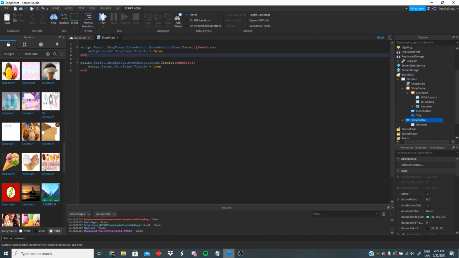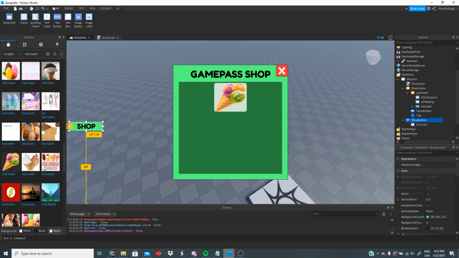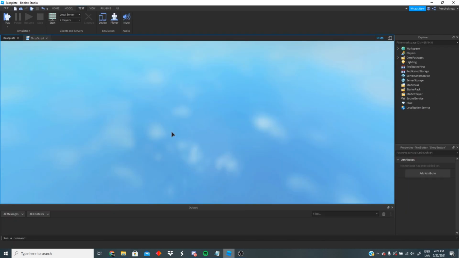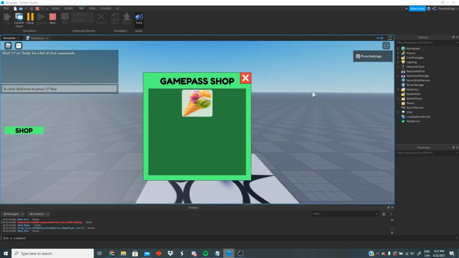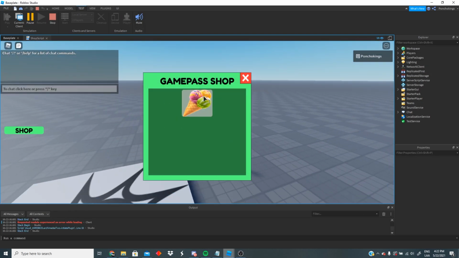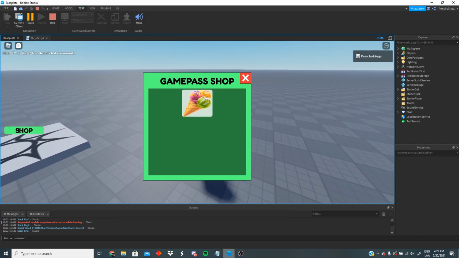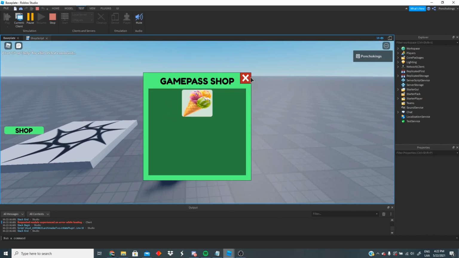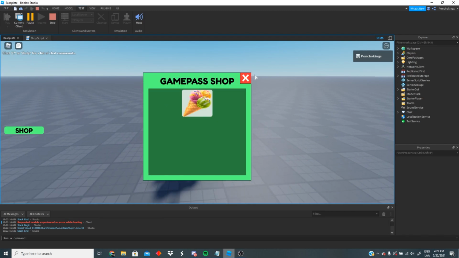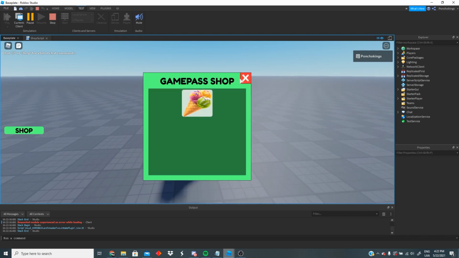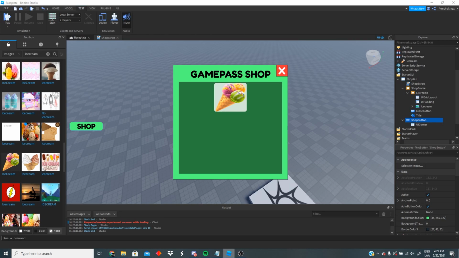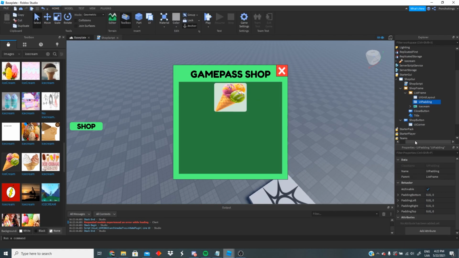There we go. So let's test it again. Let me just look for it, and yeah, let's test it. Let's see if our buttons work. So we can close the shop. If we click the shop button, there we go. We can close and open our shop now, which is pretty cool. Okay, so we got our open and close buttons working. So the next thing we're gonna make is our